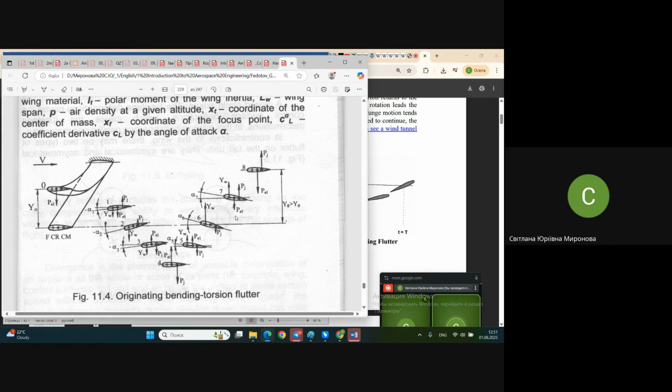superimposing of two motions. On one hand, the relative wind is trying to rotate it, to torque it, to twist it with respect to the center of gravity, and the wing is coming back, and it creates such motion up and down. Plus to this, the wing is also traveling because it goes through the air, and plus to this, I've been talking about only one